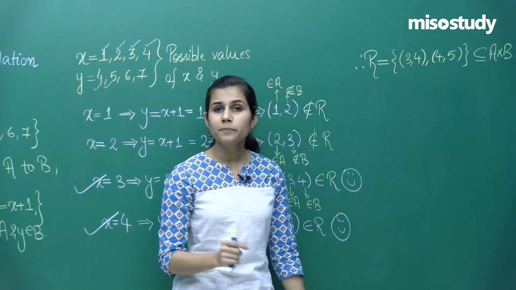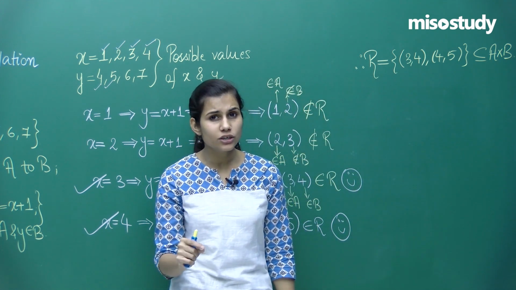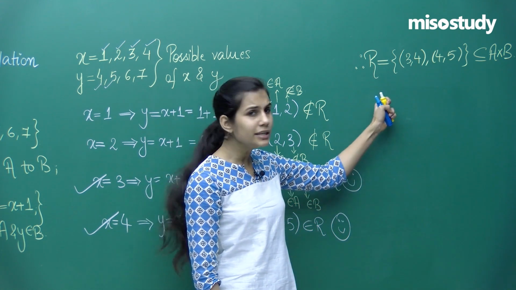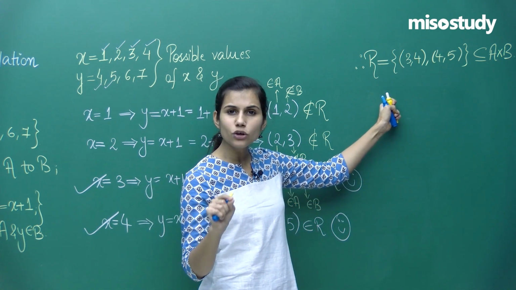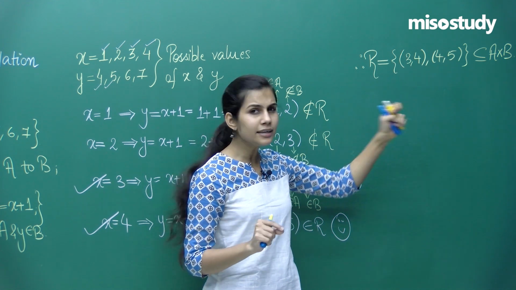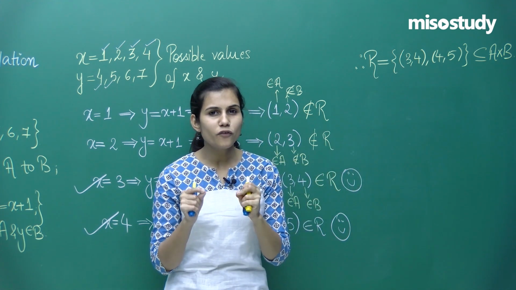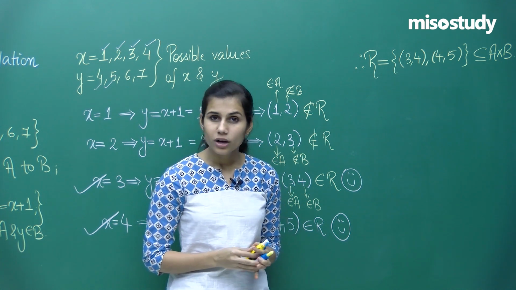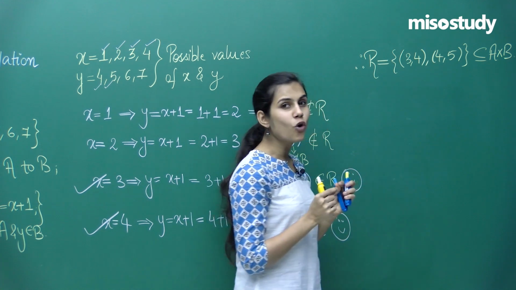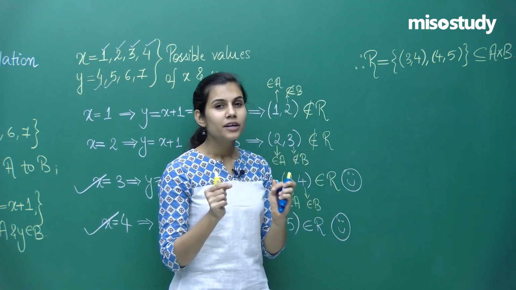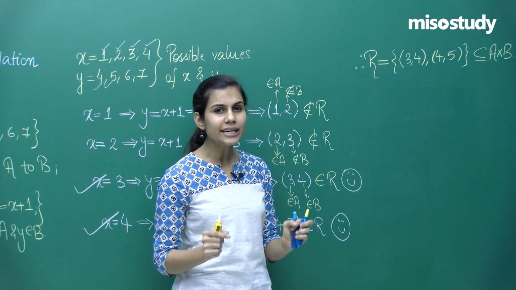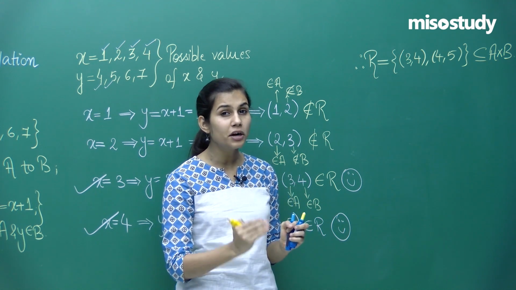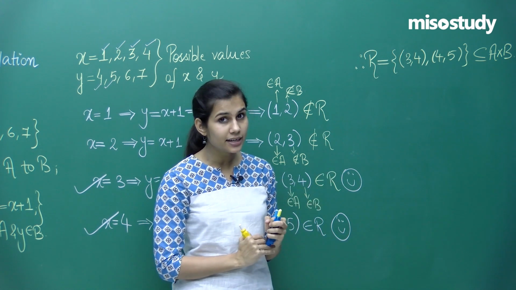Now the question comes, why am I again and again stressing on the roster representation of relation? Because the moment you are able to look at the ordered pairs which are sitting in the relation, the concept of domain and range becomes a cakewalk for you. How? Well, for the domain and the range, the focus should completely be on the first and the second elements of the ordered pairs sitting in the set R.